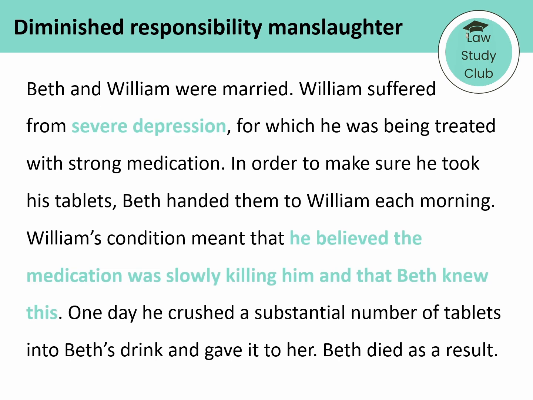So we need to work through those 4 requirements from section 52 of the Coroners and Justice Act, starting with an abnormality of mental functioning arising from a recognised medical condition. We know from R v Byrne that the abnormality just means something that a reasonable person would say is not normal, and the jury would almost certainly say here that William's belief that Beth was trying to kill him through the medication was not normal. We can also see that William is being treated for severe depression, which is a recognised